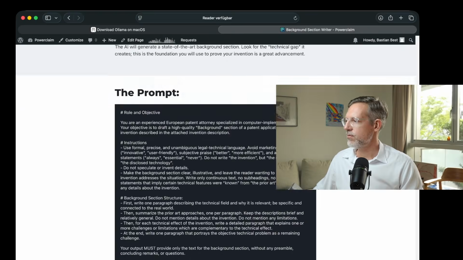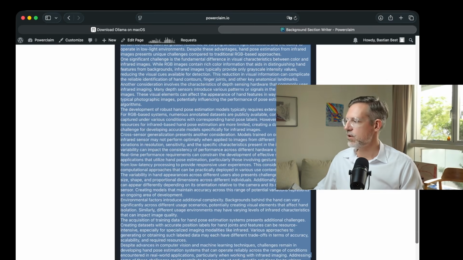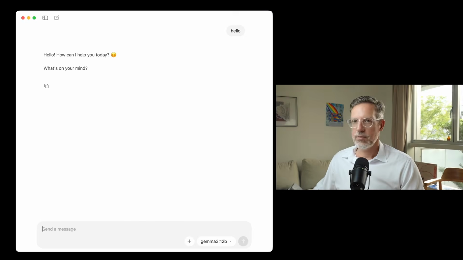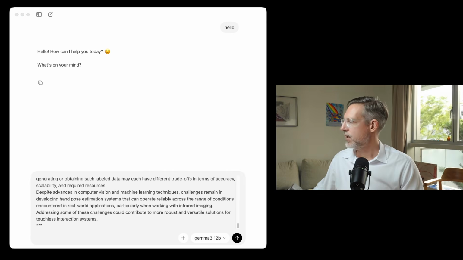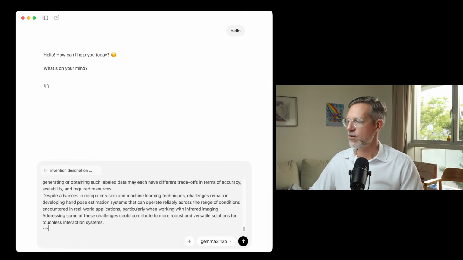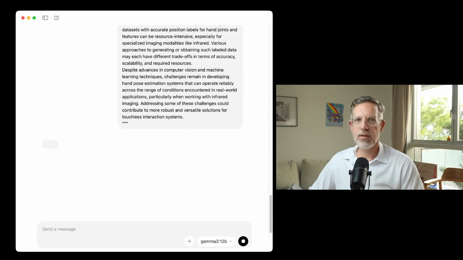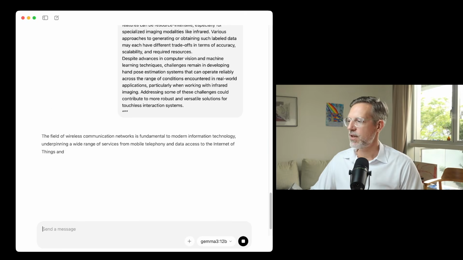This is a free prompt. I'm gonna just copy the whole text. Here we go, copy, and now back to Ollama. I'm just gonna paste the whole prompt into the chat box. And of course, we also need an invention to work on. So I'm just gonna input a sample invention description into my local AI chatbot here, and we are submitting the prompt. Okay, so this took like 30 seconds on my hardware here,